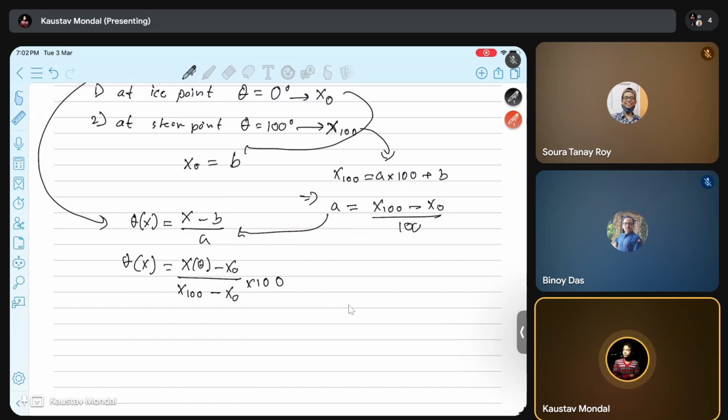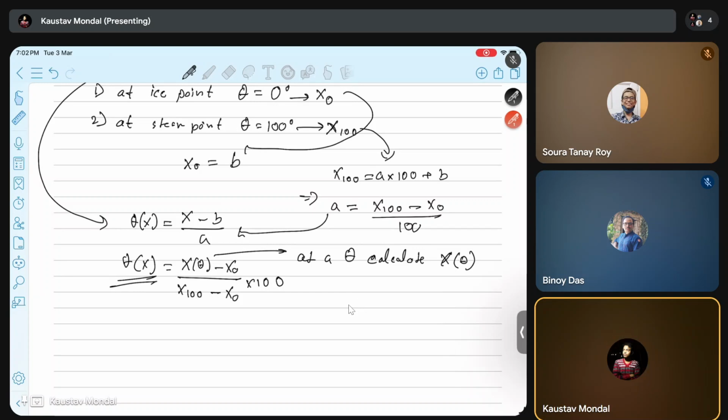So this means if we somehow calculate at a theta temperature, if you can calculate any thermometric property, there are different types of thermometric properties: length, resistivity, volume. Different properties are there. So for a particular material, if you can calculate that particular thermometric property that we will be considering at theta temperature, x theta, by calculating that, we can get that corresponding temperature, that is the theta,